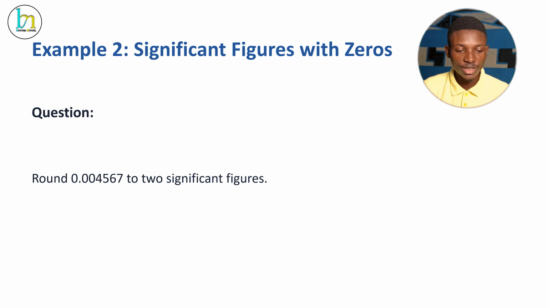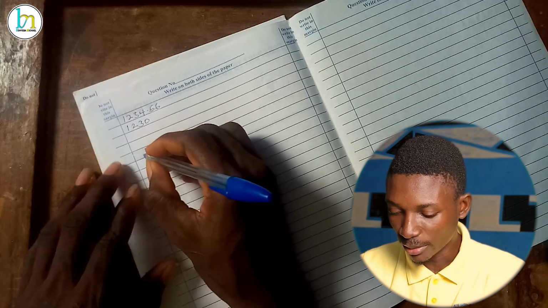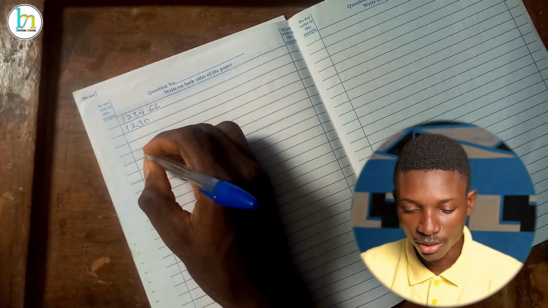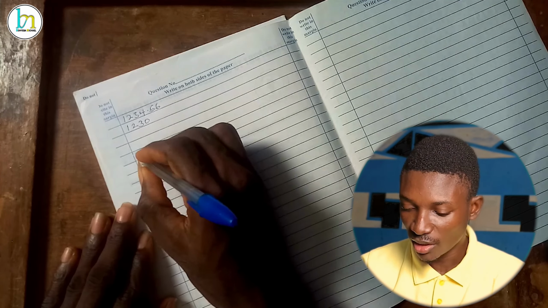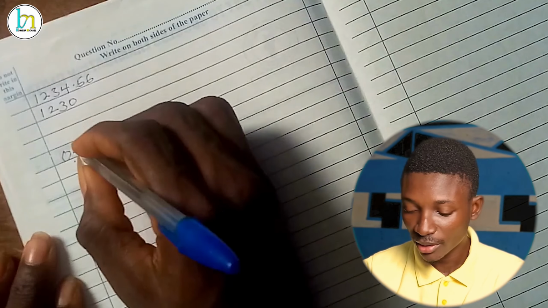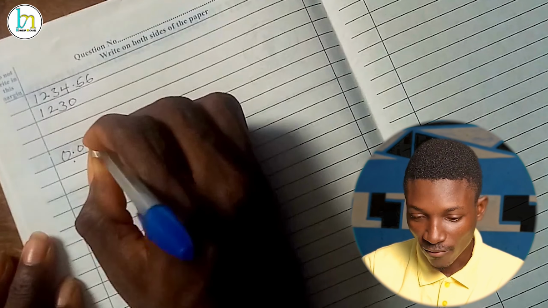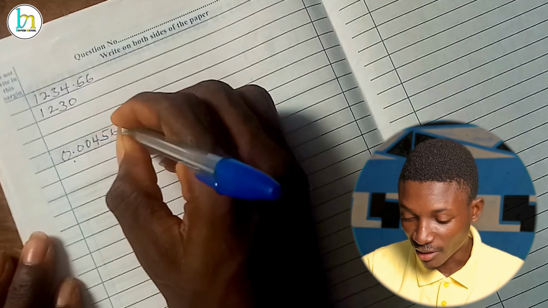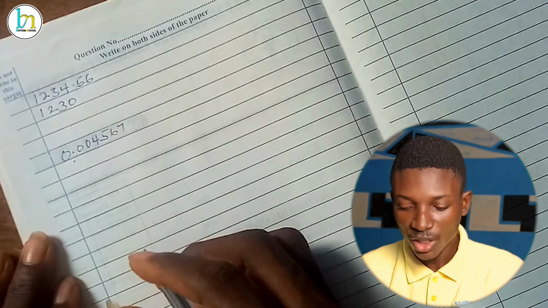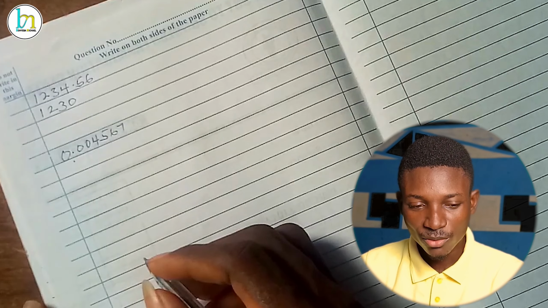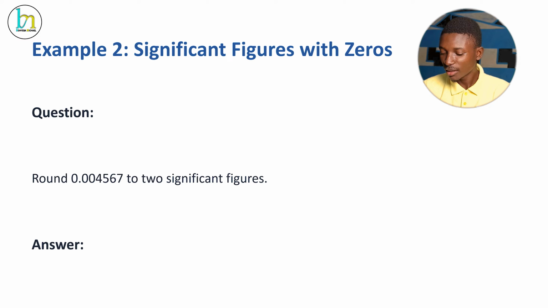So we have round 0.0045672 to significant figures. Okay, so this was our first one. Then the second one, let me leave some two spaces in between so that it will be simple for you. So we have 0.00457. Good. Now we have been asked to round this to 2 significant figures, and bear in mind that leading